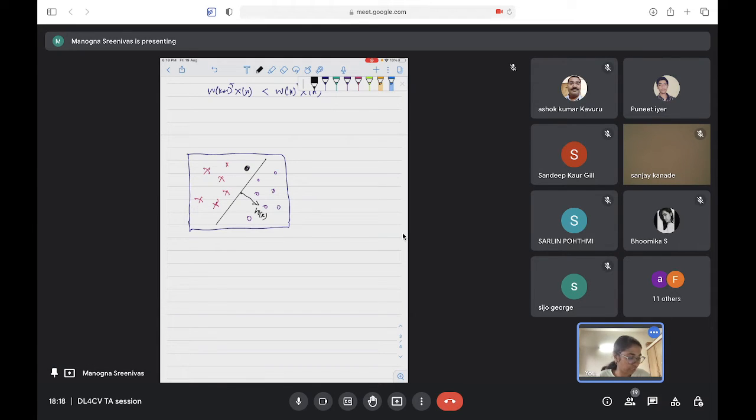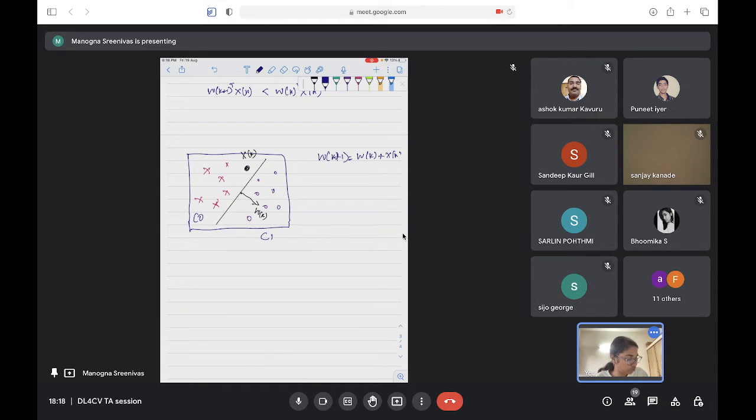Say this is the sample x of k and this is misclassified. Now I use this to correct my weight, right? So say this is class 1 and class 0. So this is misclassified into class 0 and I do w of k plus 1 is w of k plus